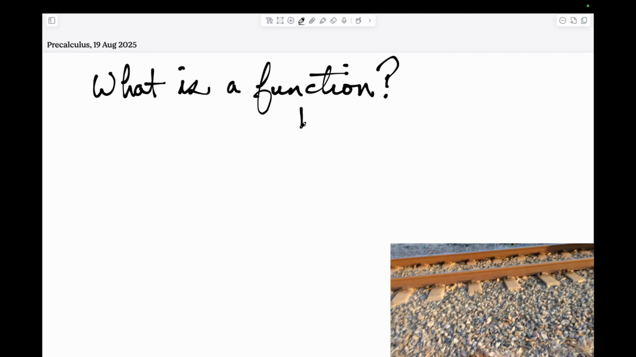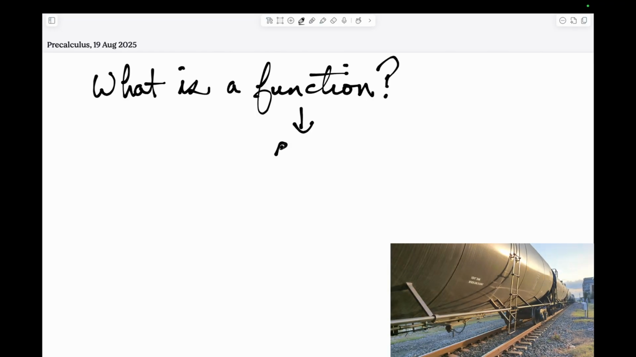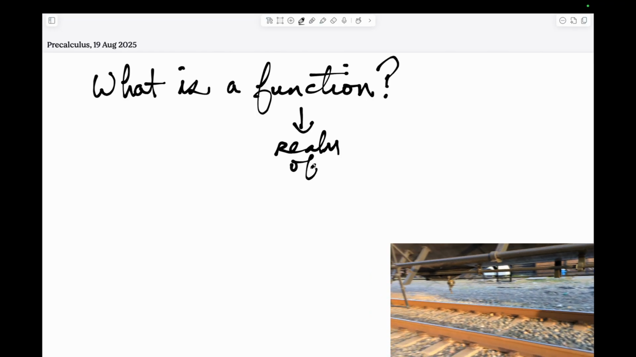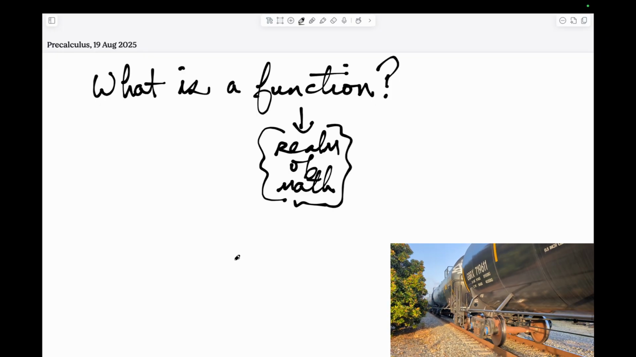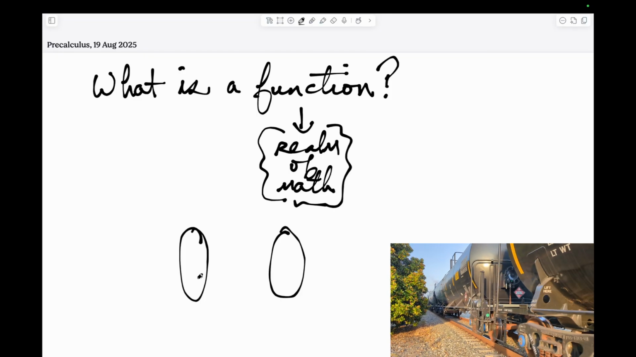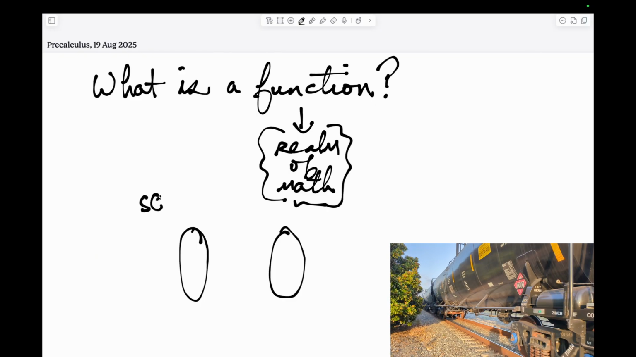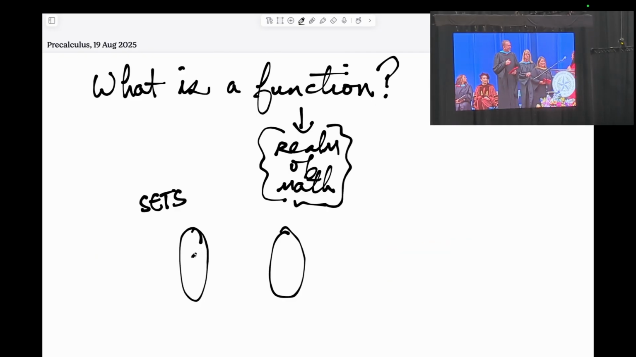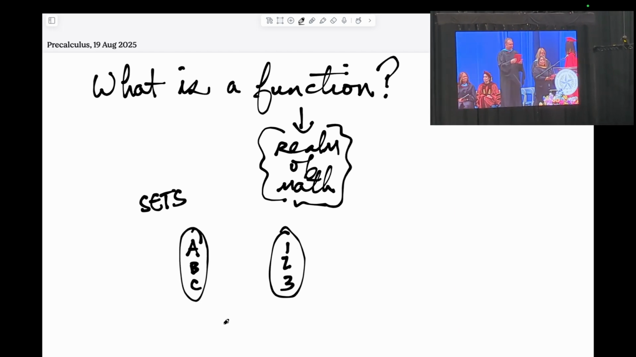Well, this word is defined within the realm of mathematics, the realm of math, as being defined in this way. Let's say I have these two ovals and we're going to call these sets. And in one I have A, B, and C. And in the other I have 1, 2, and 3. Now, a function